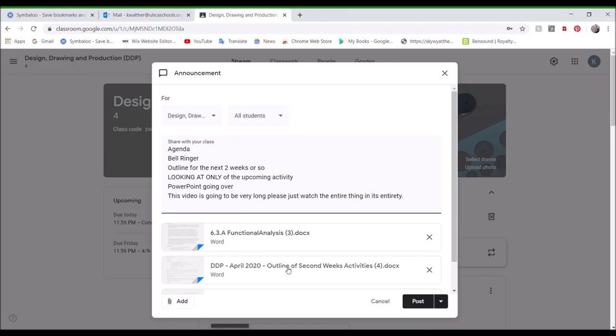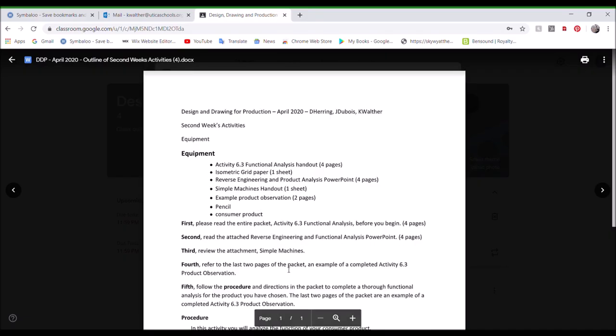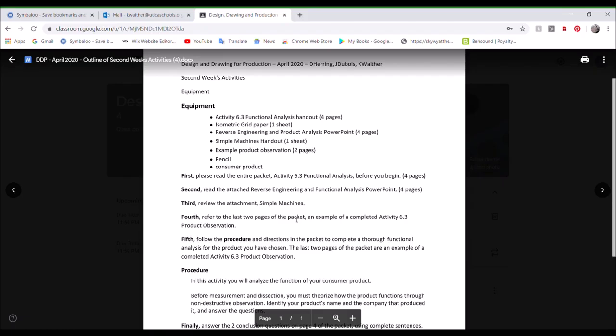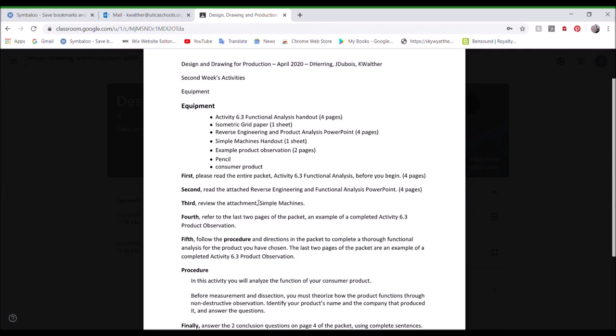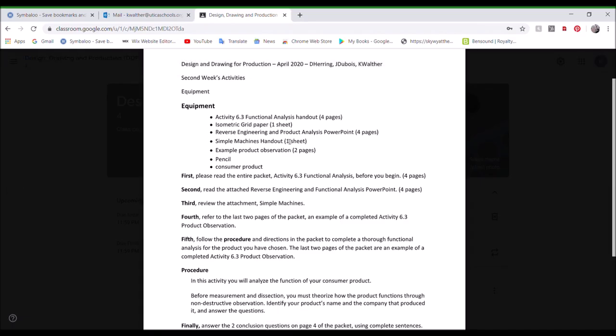So first things first is the outline. So the outline here is basically telling you how this week is going to go. So second week's activities. In this outline, we have a couple things. One, you do have the equipment right here. Now, you should have, I don't know how the school did it, but I think they sent out these